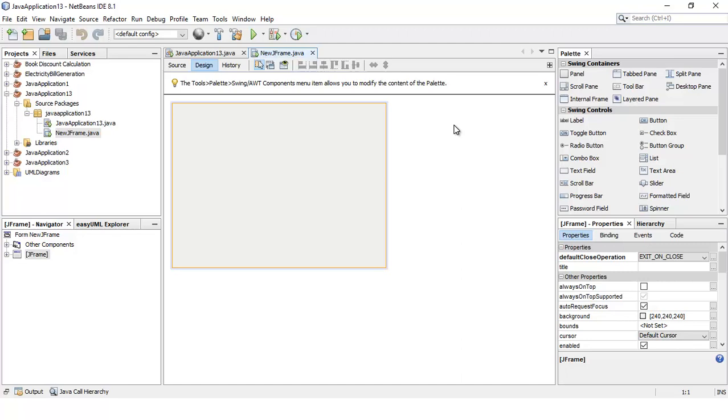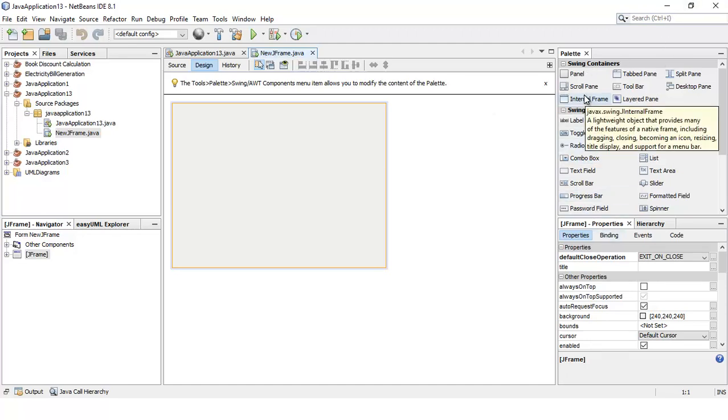Now we know that most of our modern applications are based on graphical user interfaces. So how do I generate a GUI-based application in Java? The answer to this question is by using Swing components.